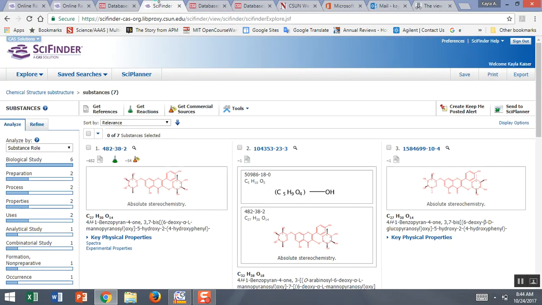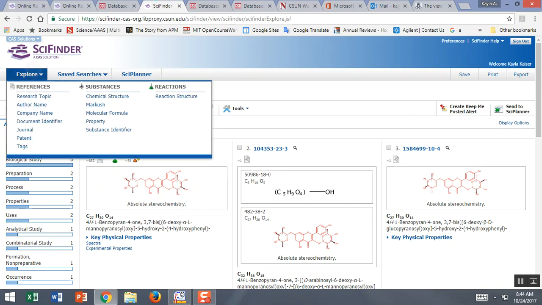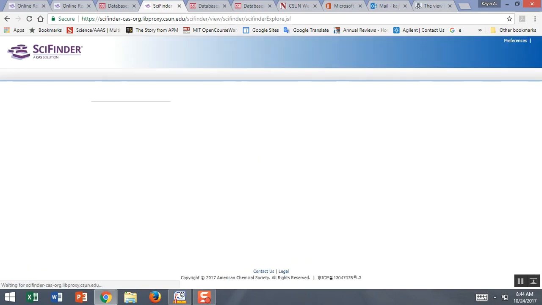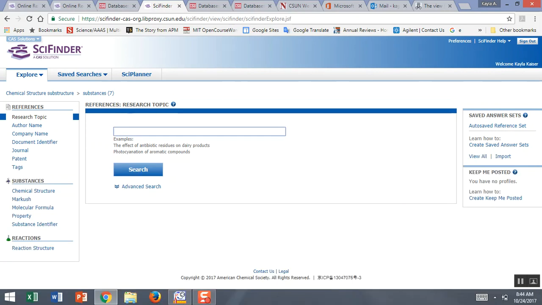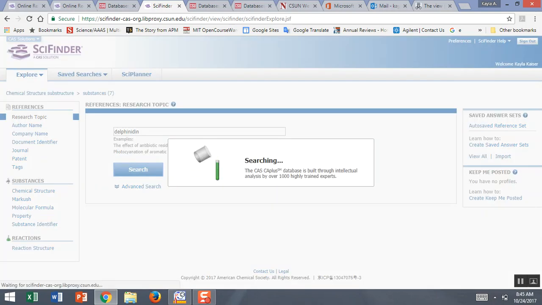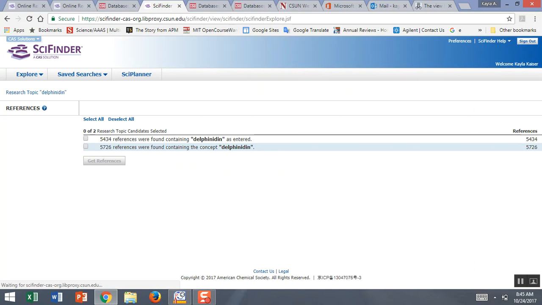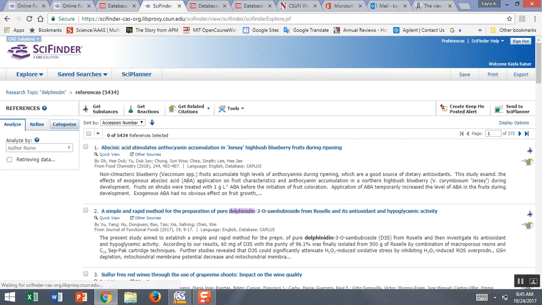So once you log into SciFinder, what you can do is go to the general area of exploring, and you can explore by topic. Let's say you want to explore by topic, and you can just type in any old search string as you would in Google. So let's say I want to look for delphinidin, a certain molecule by name, common name, and it's going to come up with quite a lot of references you can see here. So I would just hit the checkbox on one of those boxes, and it's going to come up with all kinds of